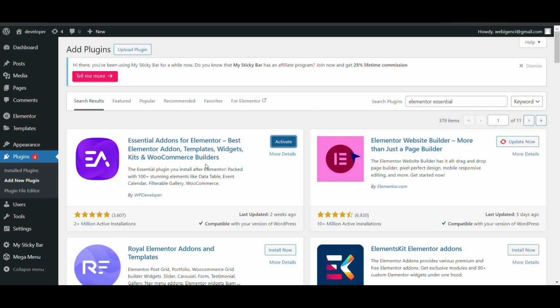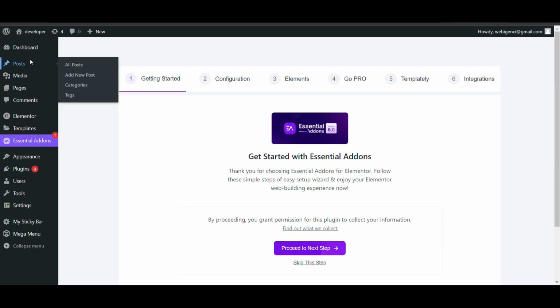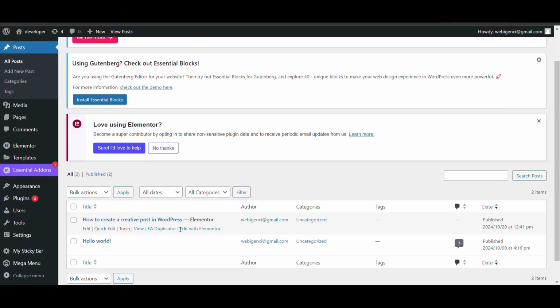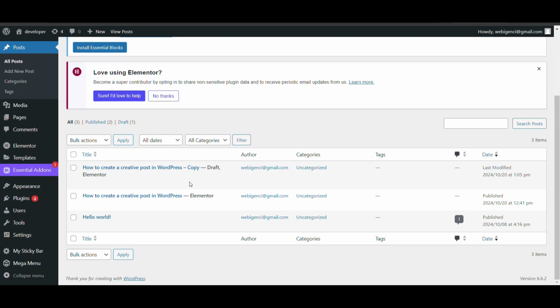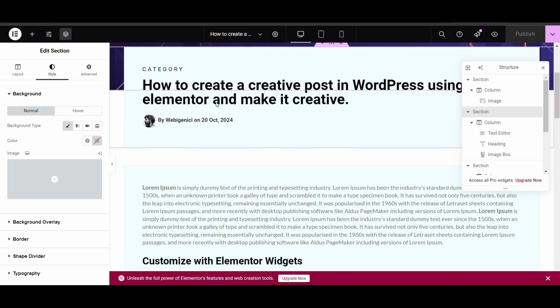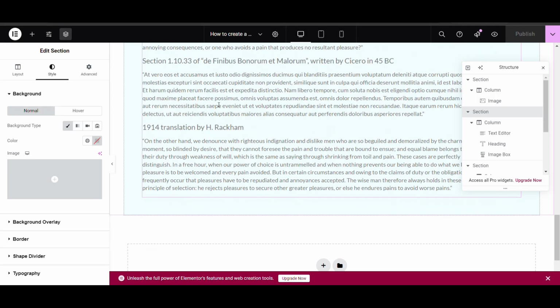Here you can see Essential Addons for Elementor. Using this plugin, you can duplicate the same post and style it. Change the content. It will be much easier. Like currently, you can see there is an option of duplicator. Here you can see plus.